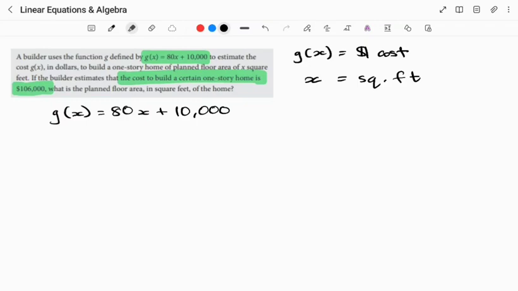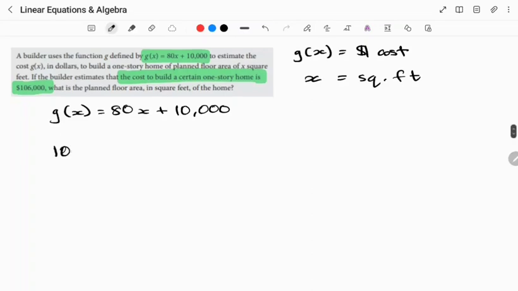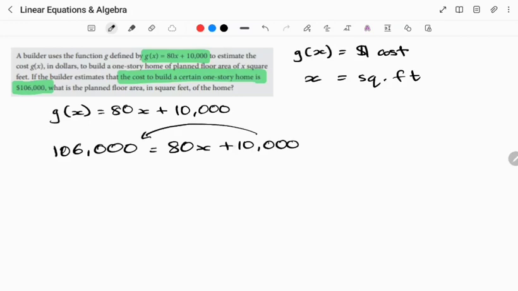So to solve this, I'm going to jump into it now. It is very simple because we're already given g of x is the cost and we're given the cost is 106,000. So we're going to represent g of x as the value that we're given, 106,000, and this is our equation. And what we're told to find is the square footage, which is x. So this is what we're looking for. Now we're going to use some algebra to move things around this equation to find x. First, we're going to take this 10,000 on the other side. It's a positive on this side. So when we cross the equal sign, we'll change it to a negative. So it's going to be 106,000 minus 10,000